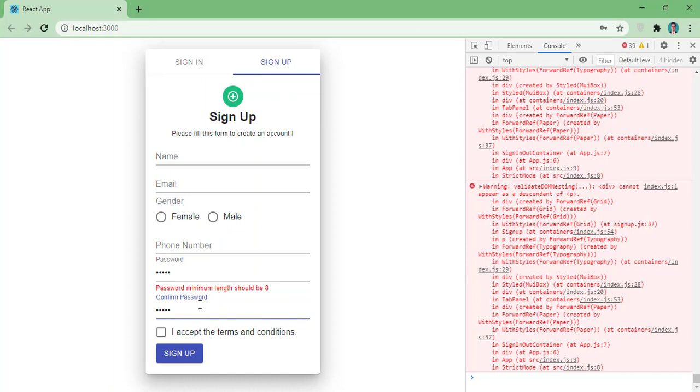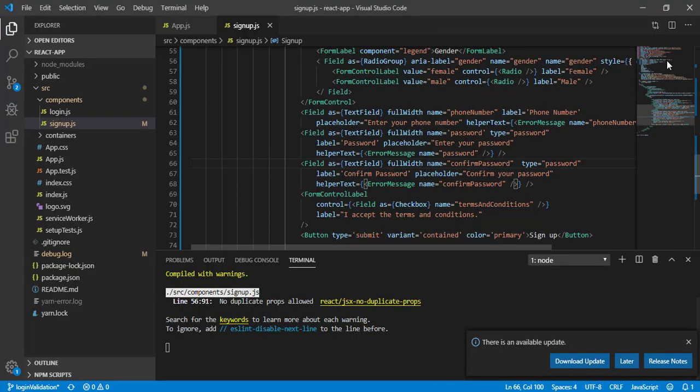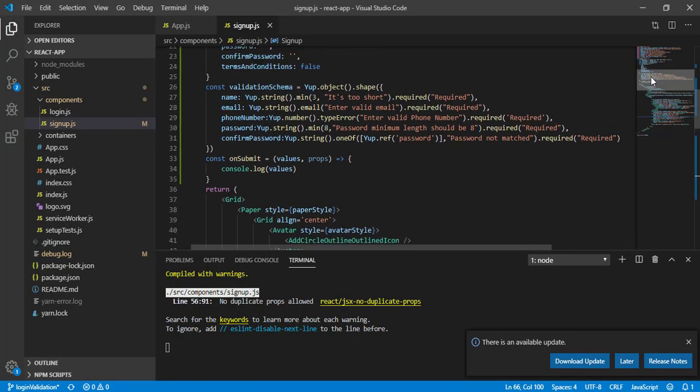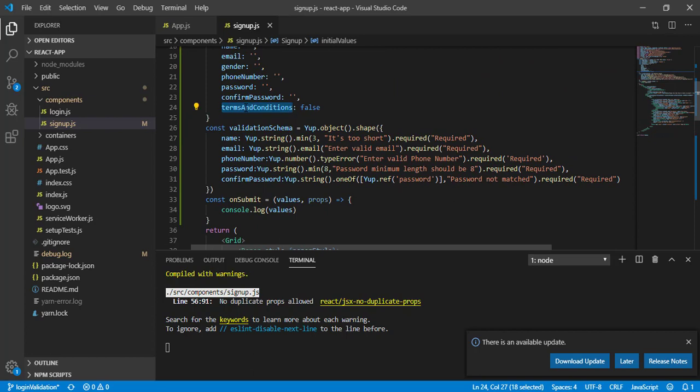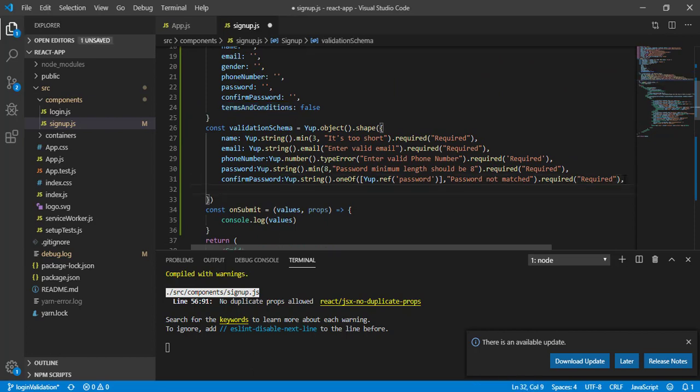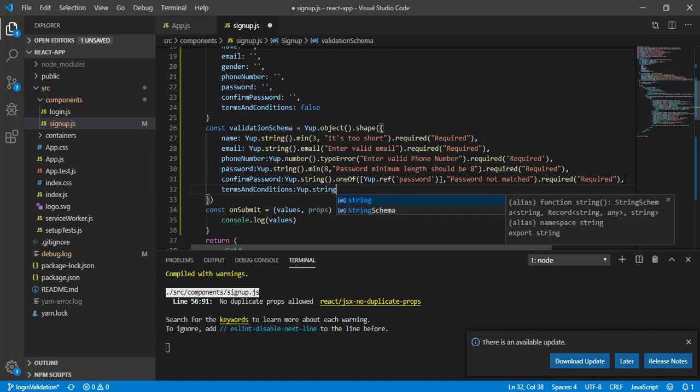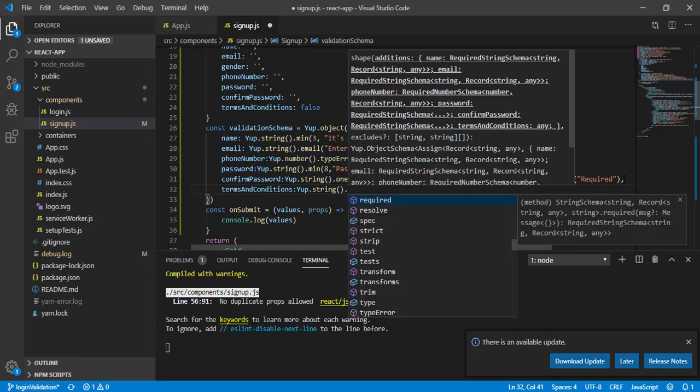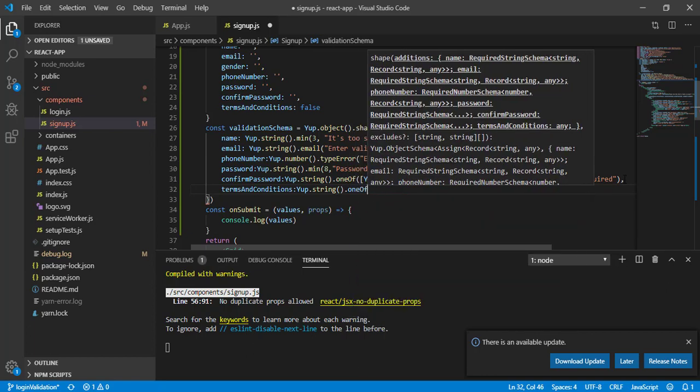Now let's handle the validation for gender and terms and condition. Let's handle the terms and condition first. Here, after a comma, terms and condition. I will say yup.string, and this has to be true.